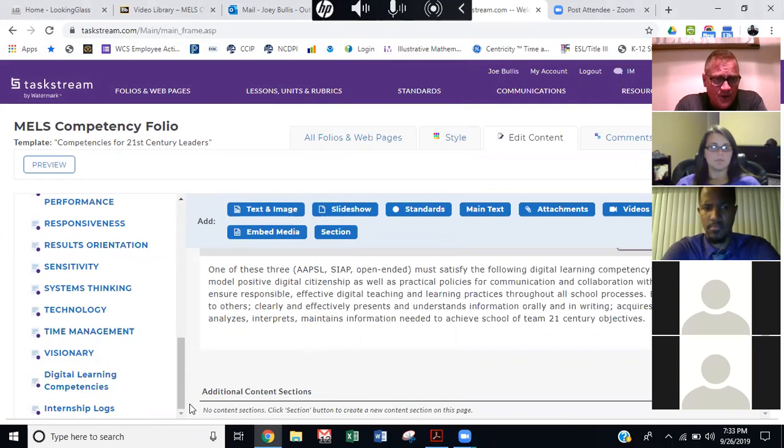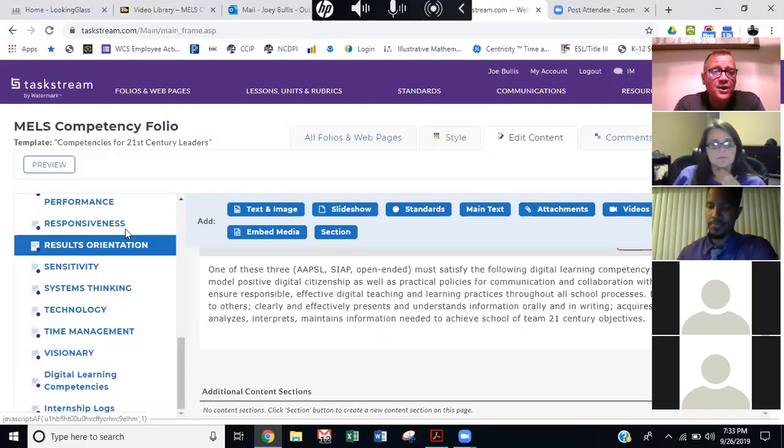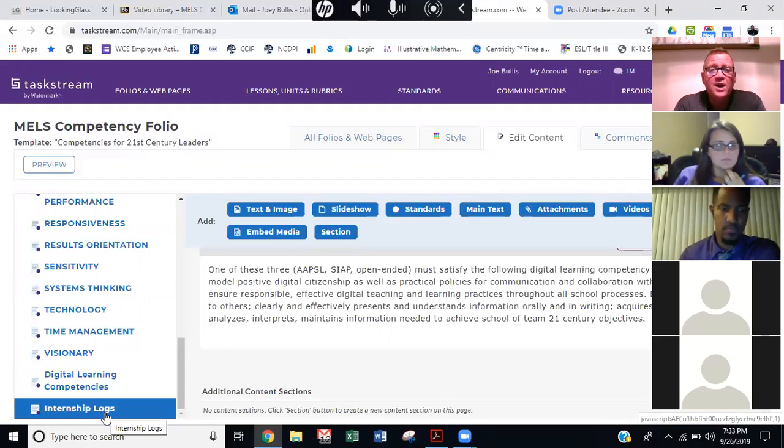All right, so at the end of this, one of the other things we're going to check towards the end of the semester is your internship logs. Now remember, if you have two places, then you could upload your internship log. The place that you upload your internship log just for feedback each semester is right here in your competency folio. You upload it here, then when you go request comments, you click on internship log, and I'll go in and give you feedback. That's just towards the end of the semester. That's probably one of the due dates that I will give you, sometime within the last two weeks of the semester.